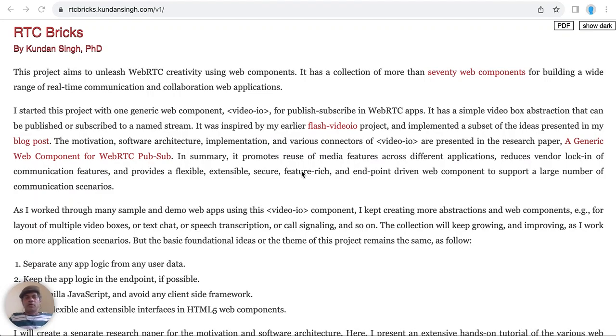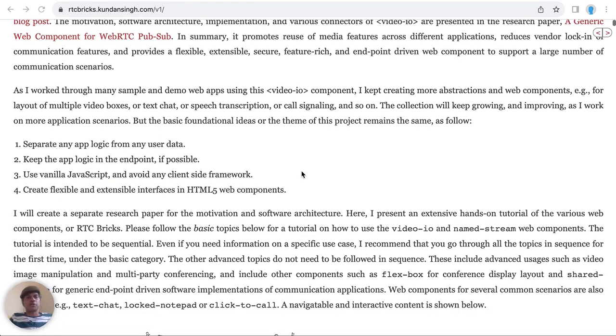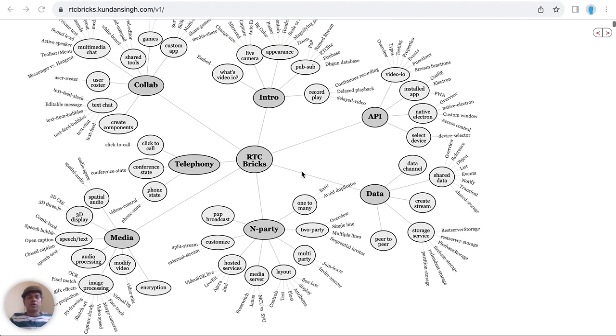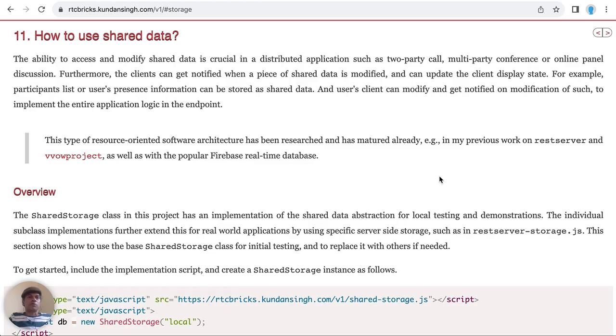Hello. In this video demonstration, I'm going to cover the multimedia collaboration tools, conferencing, telephony, two-party calls, application logic regarding that, and so on. The topics are spread in many parts. So how to use the shared storage is here, two-party call, multi-party call logic here, and most of it is in these two topics. This will be a long demo video compared to others. So let's jump right into it to the shared storage